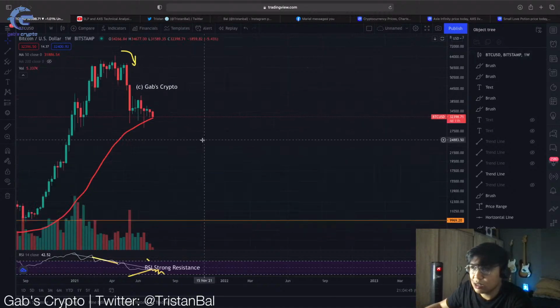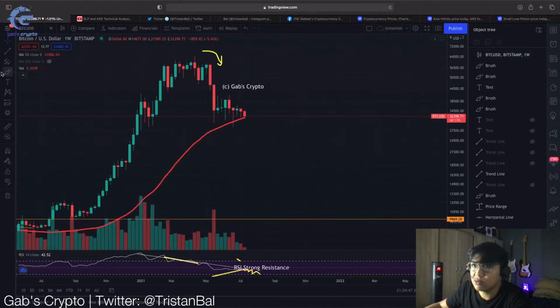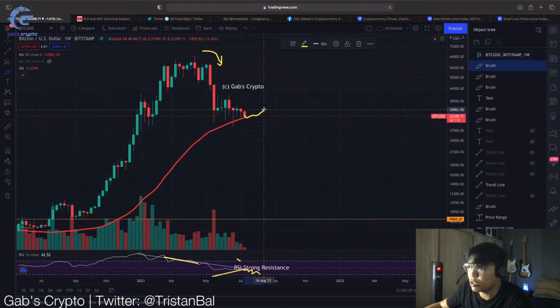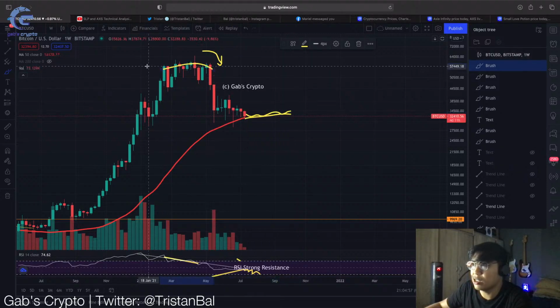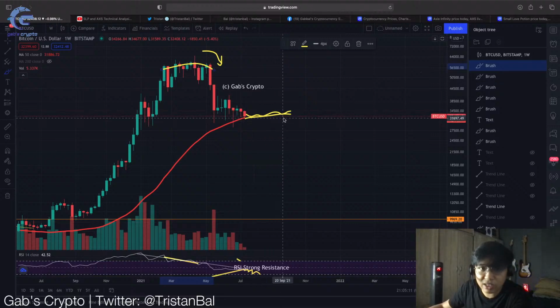So, ang kailangan niya mangyari ngayon is magstay si Bitcoin for the next 6 weeks dito sa red line na to. So, possible na baka maging ganito yung red line kasi alam natin na si moving average is a lagging indicator. So, we could actually see na itong movement na to mangyari dito. So, ang kailangan mangyari ngayon ni Bitcoin is mag-play around this red line in order to still stay at a bull market.